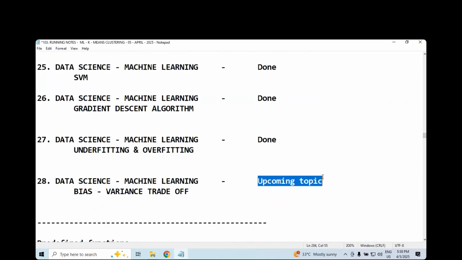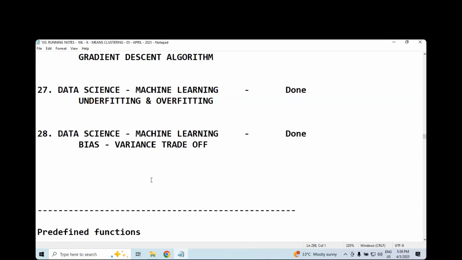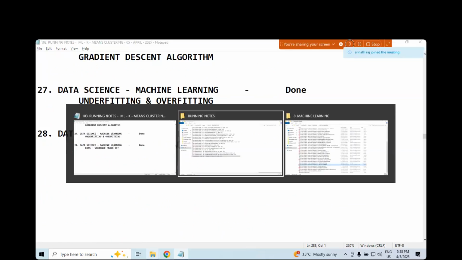Recently, what we have done is underfitting, overfitting, bias, variance. Very important. To understand the internal details, you have to be very clear actually. Now,